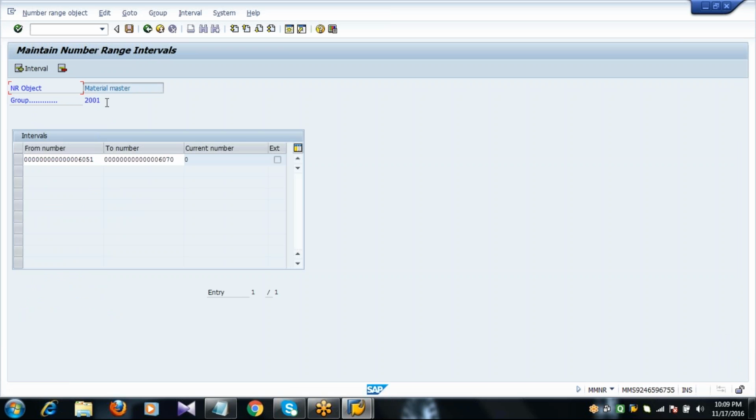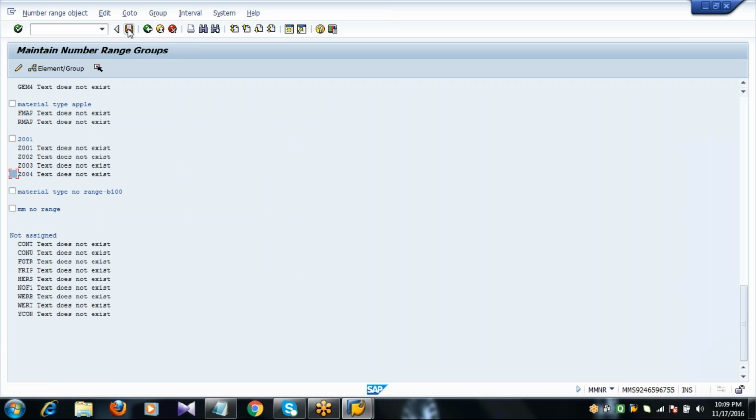So here it displays. This is the group we have created and the interval we started from, 6051 to 6070. Save. Like this, we define the material types and we assign the number ranges for each material type.